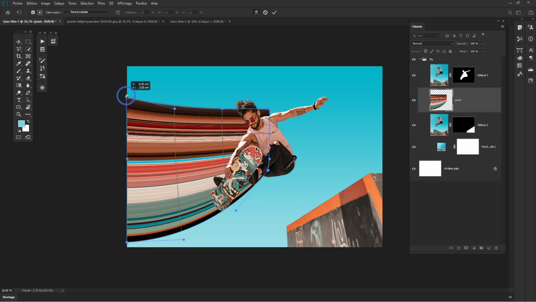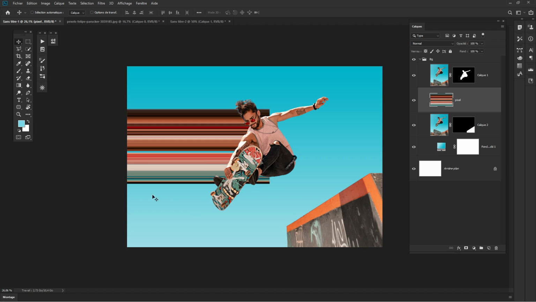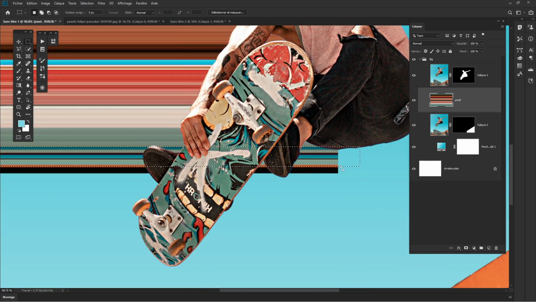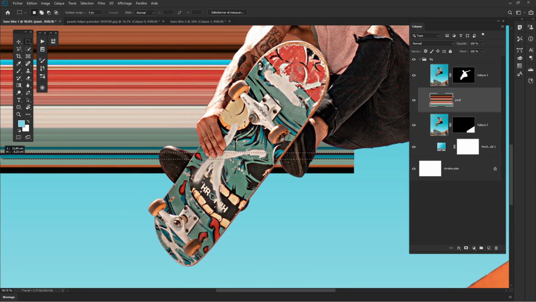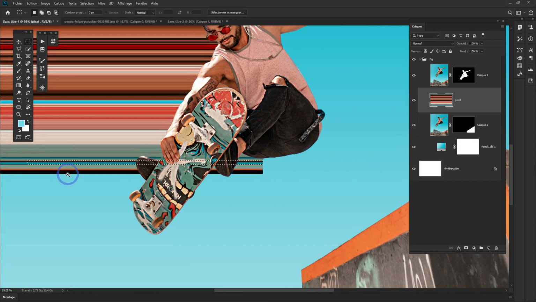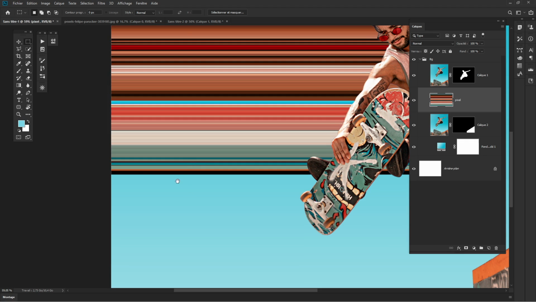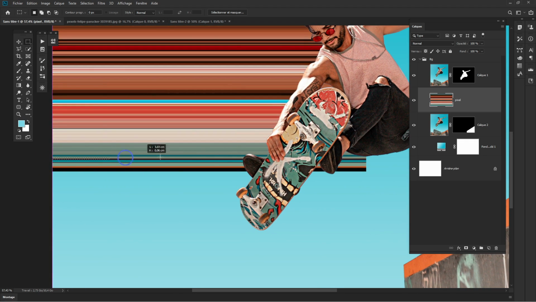Maybe I don't want to keep this black line here, not so interesting. So what I can do is, for example, pick this line with my selection and try, maybe if I want to just pick again this part, maybe it's not going to have the same kind of stuff for you, but it's just to give you the sensation that you're totally free to move the different elements